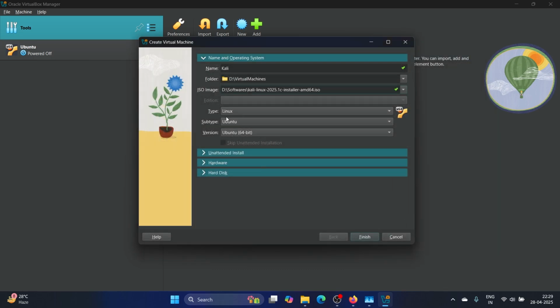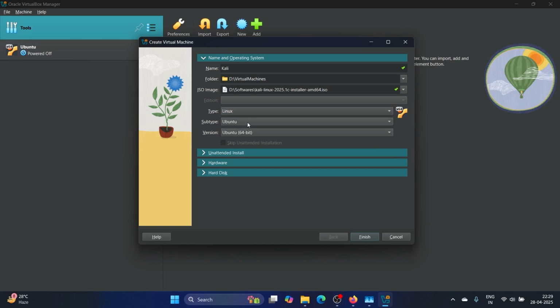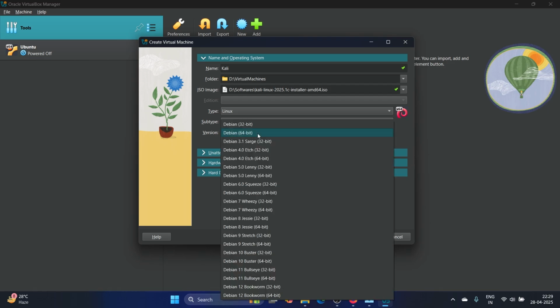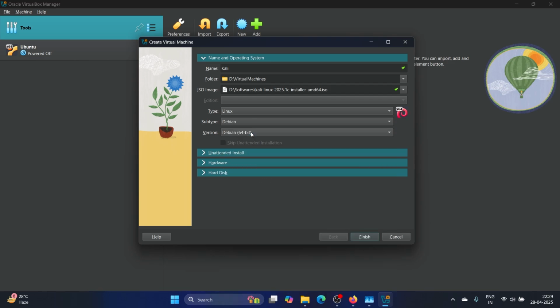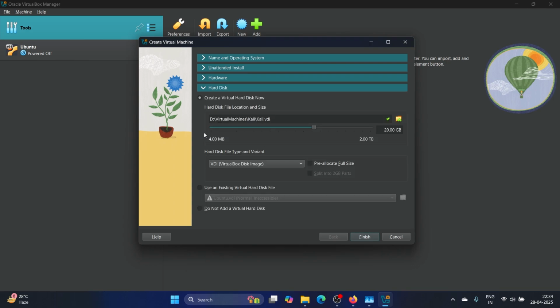and now here it's asking to select the type. It's Linux, and we need to select the subtype as Debian, and in the version we need to select Debian 64-bit. Now we go to the hardware section, and here we need to select at least 8 gigabytes of memory, and for processor allow the maximum which your VirtualBox allows. And now we move to the hard disk section, and here provide at least 20 gigabytes of storage. We're going to give it 30 GB,